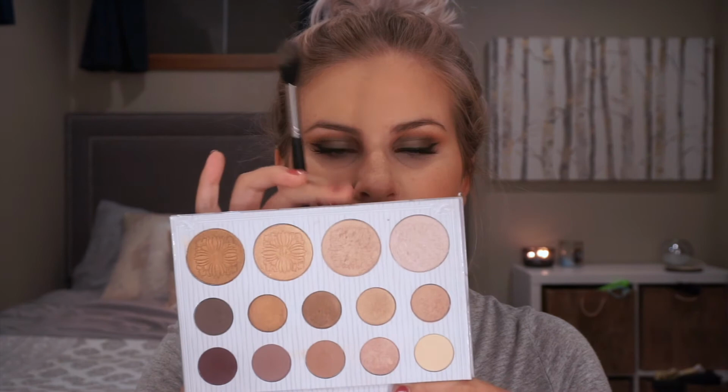And since my eyes have some color on them, I didn't want to do anything really colorful because that'd be a lot. What should I use for my highlight? And for my highlight, I'm going to use my Carli Bybel palette, and I'm going to use the second one. Actually, I'm going to mix the first and second one. Might have been a bit dramatic, but